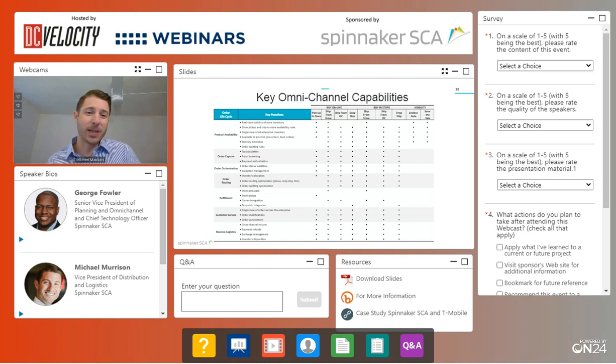So, we look at enabling these capabilities across a series of key functions across the entire order life cycle. So if we look at this slide kind of as the menu, if you will, of capabilities required to execute on these key use cases, based on the order life cycle, certain functions are required to deliver those capabilities. Everything from knowing what's available, making sure the product is available to buy, making sure you're able to capture the order against that available